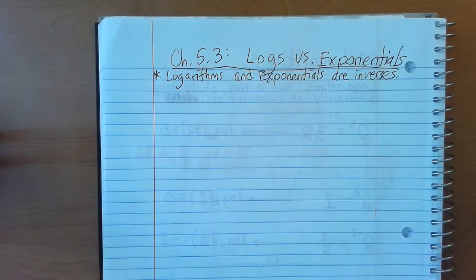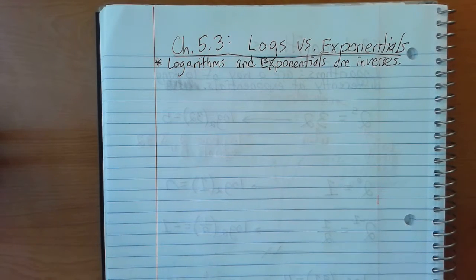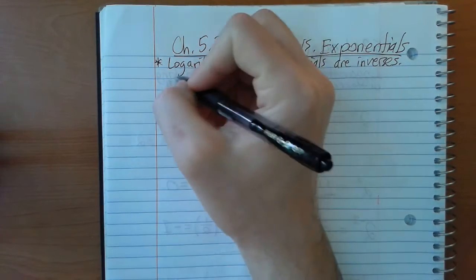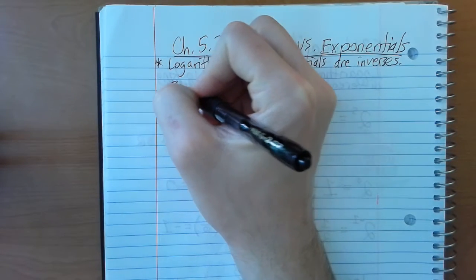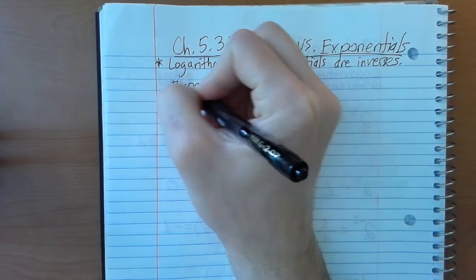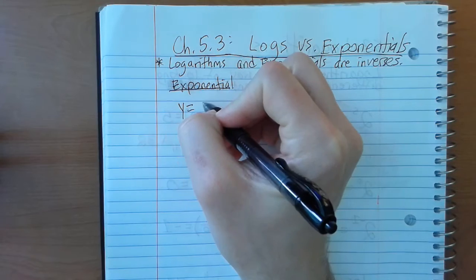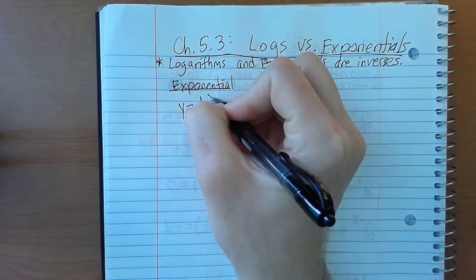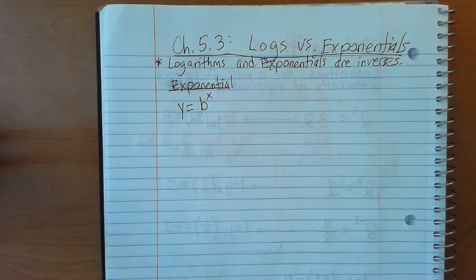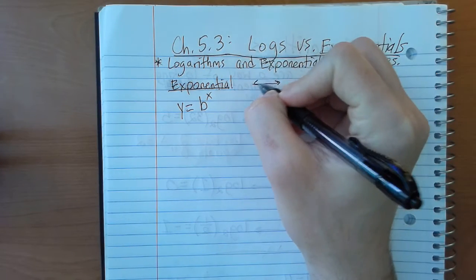So what that means in terms of what we've talked about before is that if I were to graph both, which we'll look at later in this chapter, they're going to be reflections of each other across y equals x. But for right now, if I had an exponential form equation, a really general one, just letters, it might look like y equals b to the power of x. So if I wanted to find the inverse,